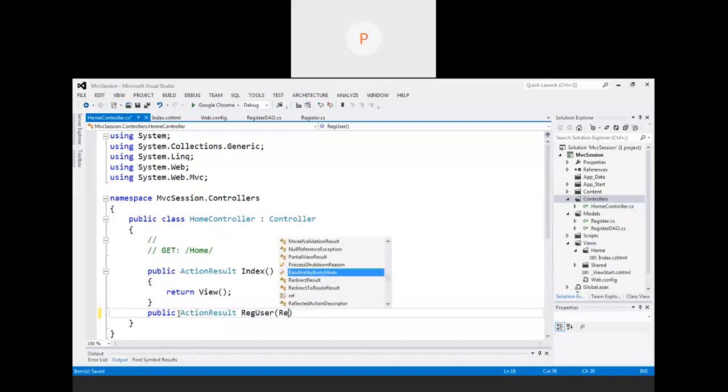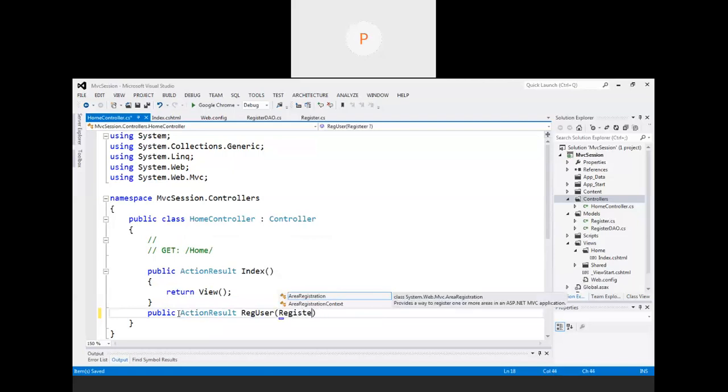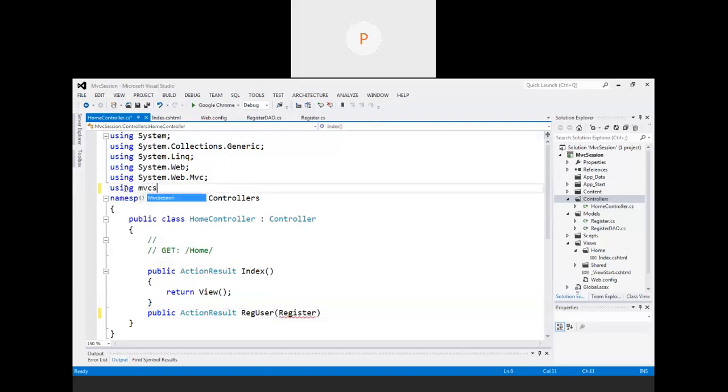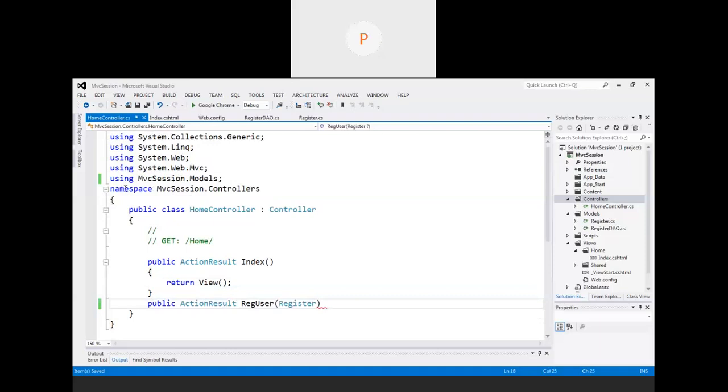But you can see that the class isn't found over here. It's just because we have not imported the corresponding namespace. So using MVCSession.Models, because that class is placed within the Models. Okay, register, give the object over here.